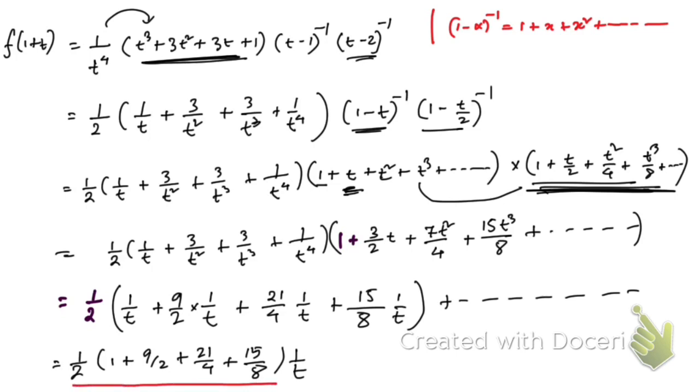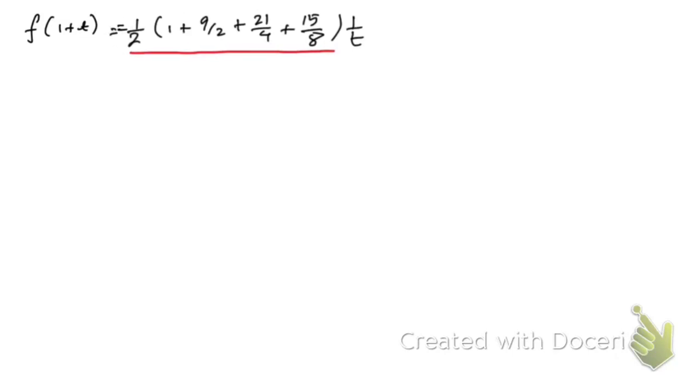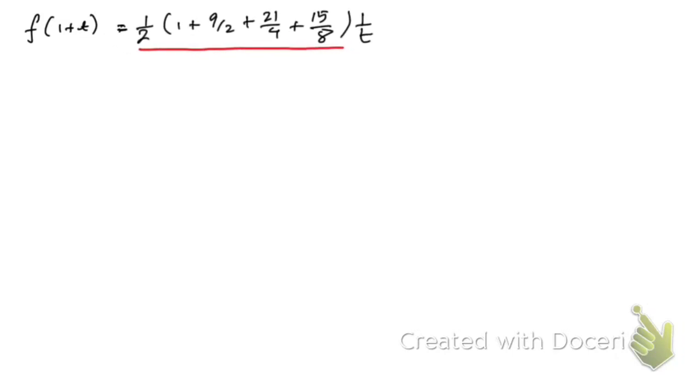So now let me copy these things and go to the new slide. Here you see, what we have got is f of 1 plus t equal to this, right? Therefore the residue at z equal to 1, which is of order 4, is the coefficient of